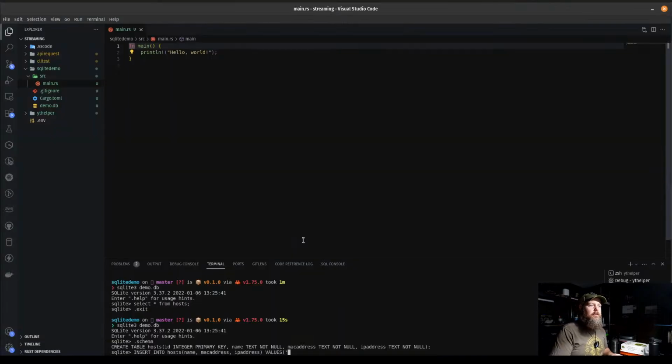It's been so long since I've written raw SQL. Home 123, just because, 127.0.0.1,